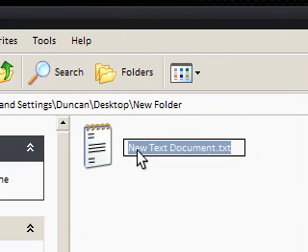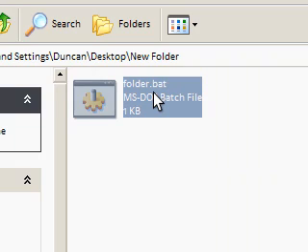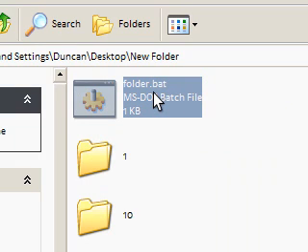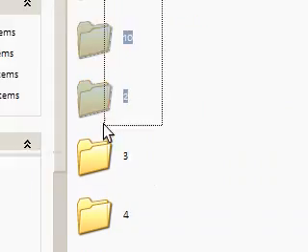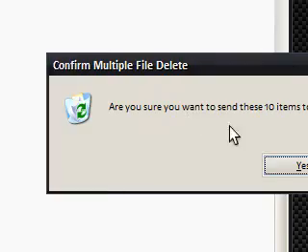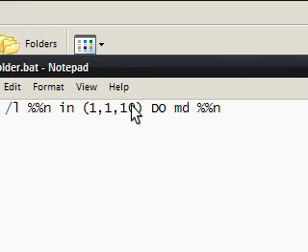I'm going to rename this to folder.bat. Change it and double click it, it won't do much, it flashes up, and you'll now see I've got folders from 1 to 10. So this can get very annoying, because all you could do is edit this and change this third number to 1,000,000 and run it in someone's profile or on someone's pen drive or something, and it can just